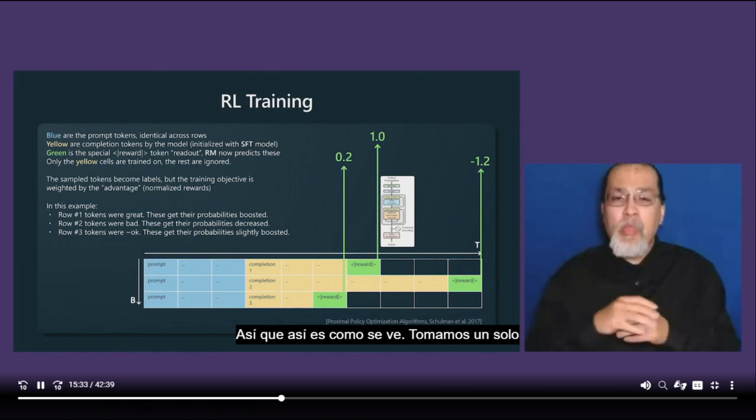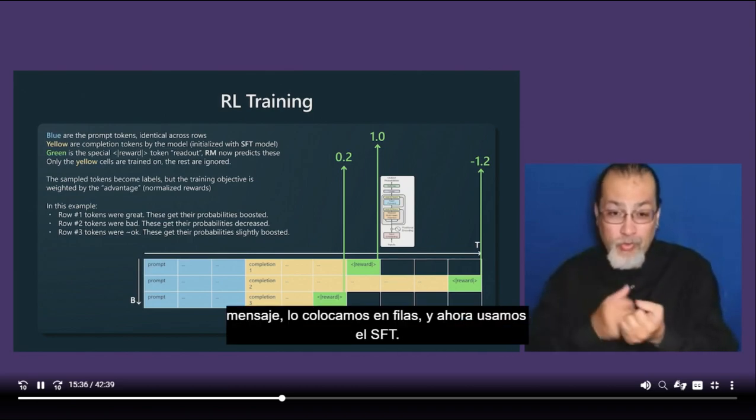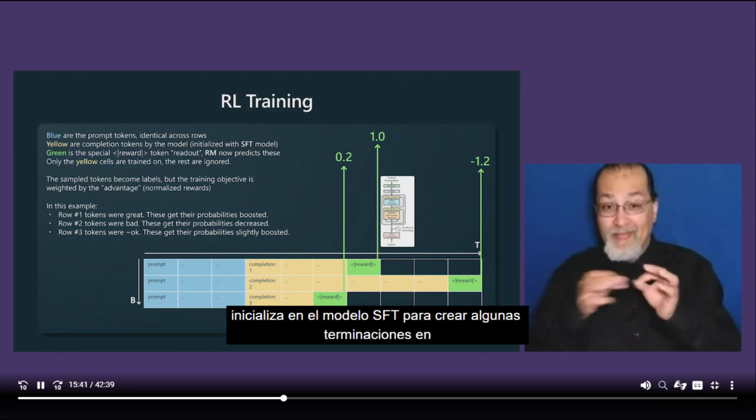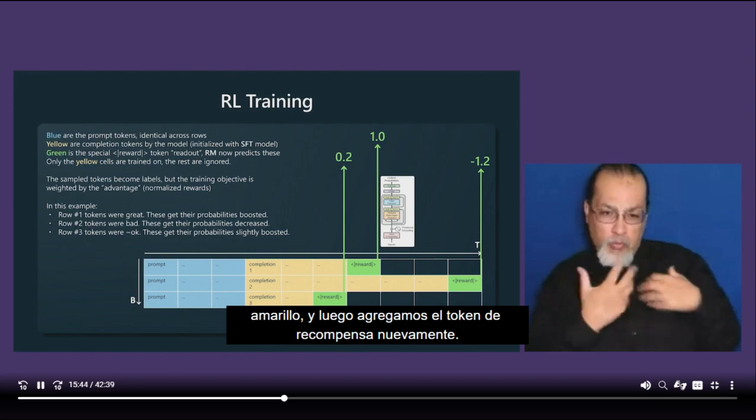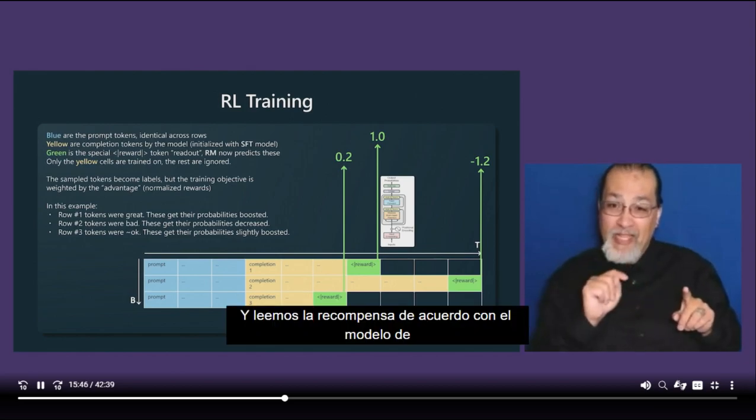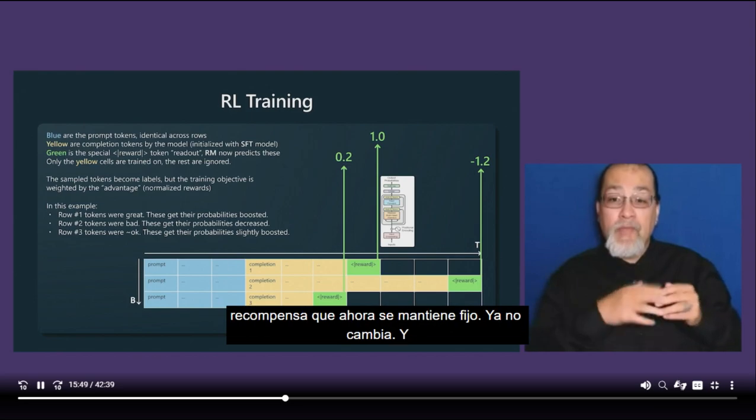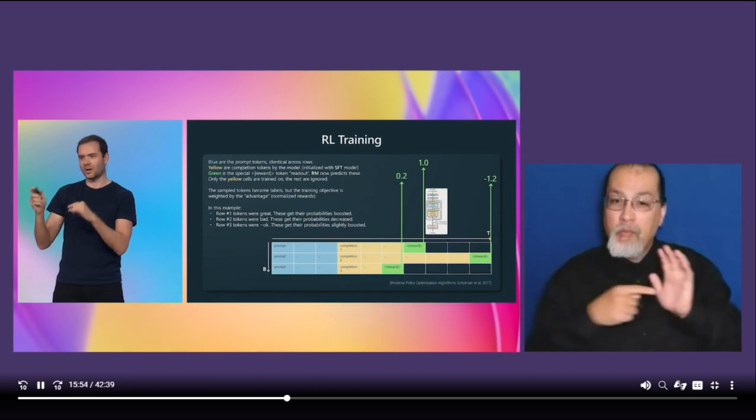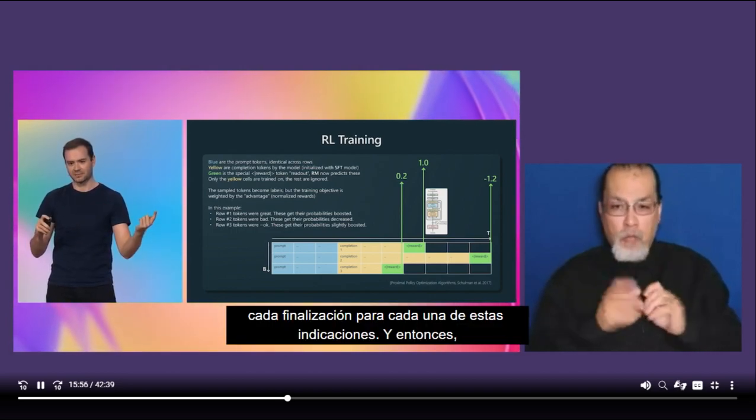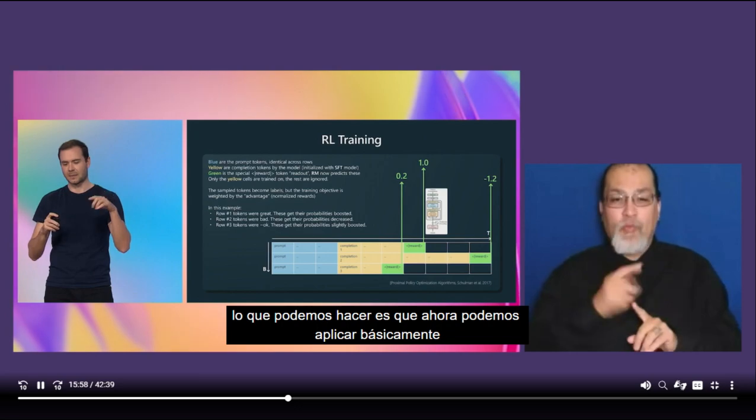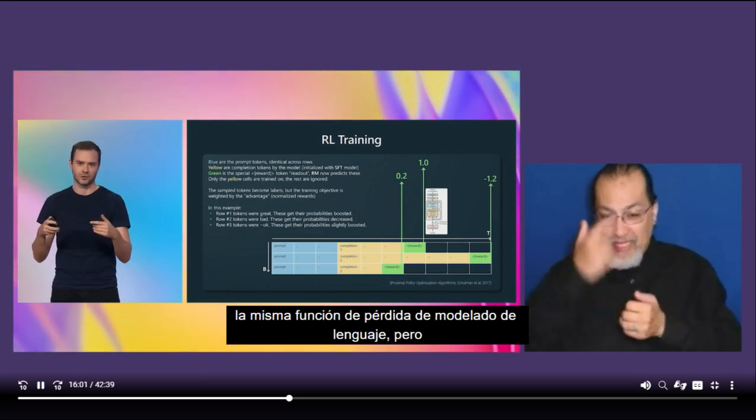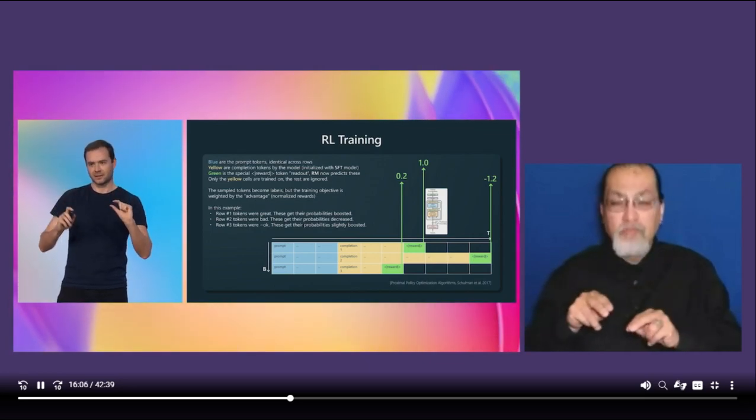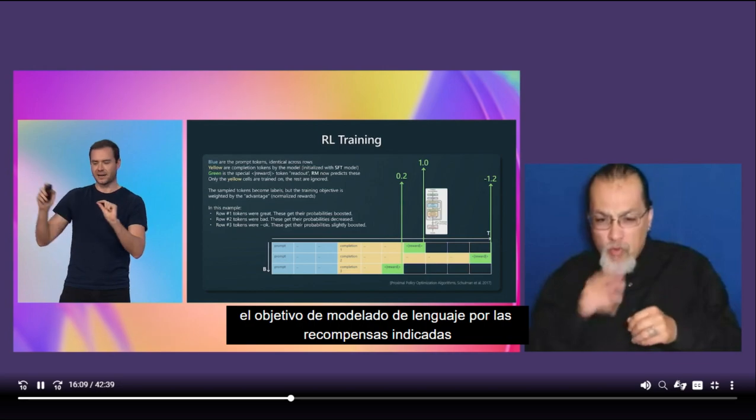We take a single prompt, we lay it out in rows, and now we use the model we'd like to train, which is initialized at the SFT model, to create some completions in yellow. And then we append the reward token again, and we read off the reward according to the reward model, which is now kept fixed. It doesn't change anymore. And now the reward model tells us the quality of every single completion for these prompts. And so what we can do is we can now just basically apply the same language modeling loss function, but we're currently training on the yellow tokens, and we are weighing the language modeling objective by the rewards indicated by